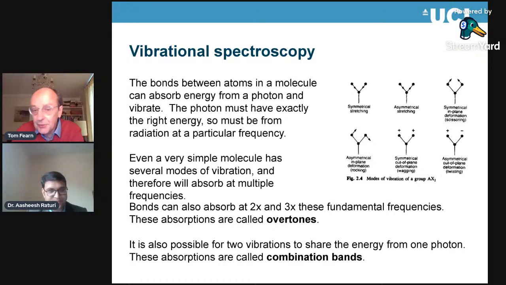So let's start with vibrational spectroscopy, which is what NIR is one example of. And what's going on underneath it all is vibrations between the atoms in molecules. So the picture, which I hope you can just about read if the slide's big enough on your screen, shows a very simple molecule which has got 3 atoms. So it's labeled AX2. That's one of the atoms is A and the other 2 are X. So the one in the middle